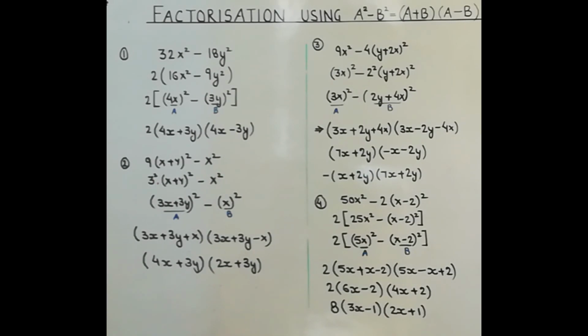In each of the questions, if there was something common, we took common, and after taking common, we tried to convert the 2 terms in the square form so that we may get it in the form A square minus B square, and then we applied the formula as written above, A square minus B square is equal to A plus B into A minus B. So you can pause and note down these 4.